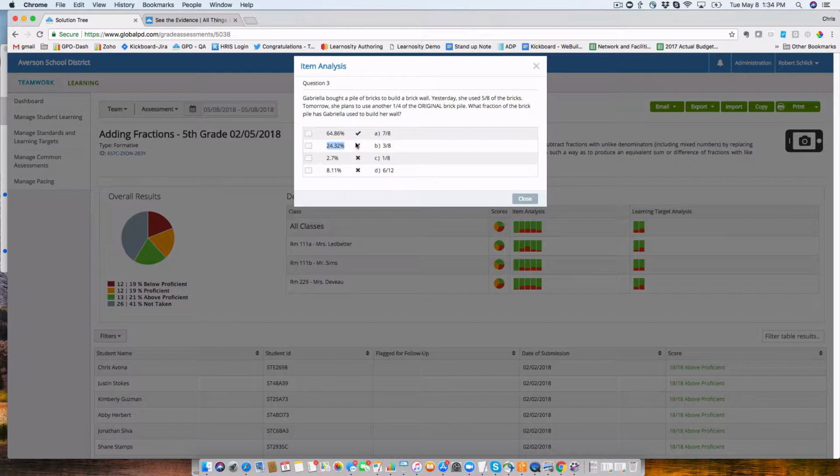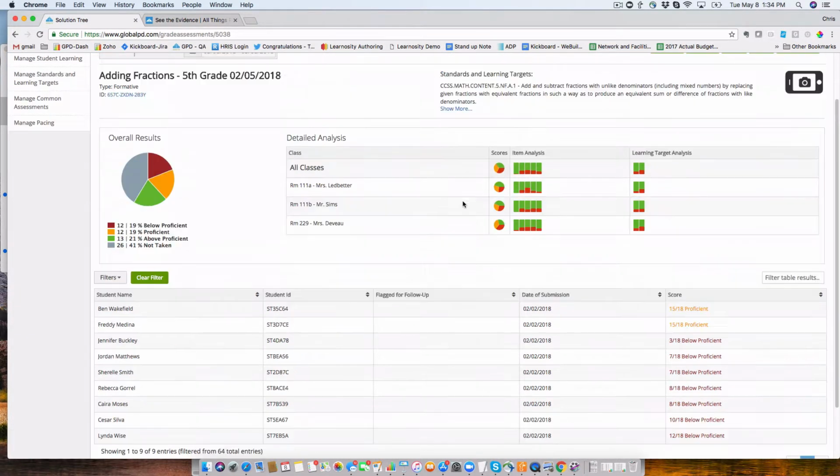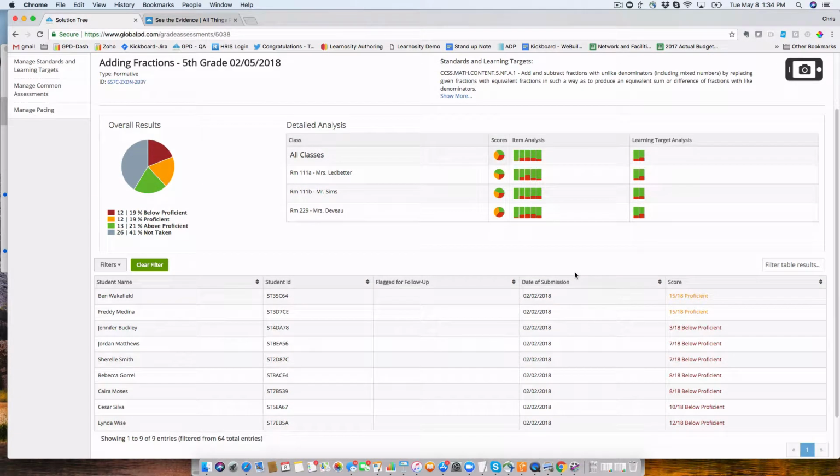And so this lets you not only hone in on a specific question that they're having trouble with, but on a specific pattern that students might be having. So this is clearly a pattern where 24% chose incorrect answer B. And now I can filter these students and see just those students who answered question 2 or question 3 on answer B. So I've got a very specific misconception on a very specific learning target,